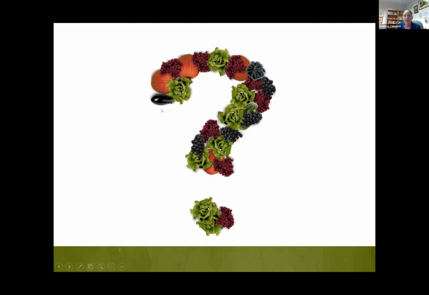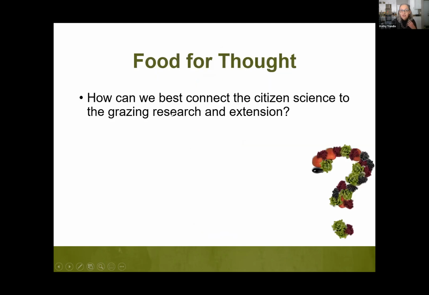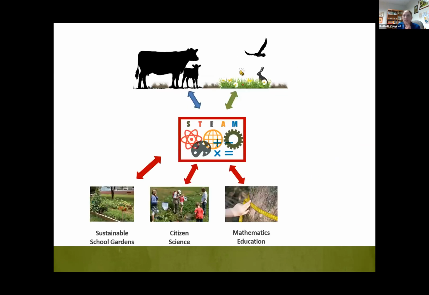All right. We'll have time to come back to citizen science in our hour-long discussion too. My food for thought was how we can best connect the citizen science to grazing research and extension. I mentioned a couple of opportunities where we'll have similar equipment across them, and data sharing and that sort of information will be really valuable for this. So we can talk more about this later. And I'd like to now introduce Catherine, who is in the mathematics education piece of our group.